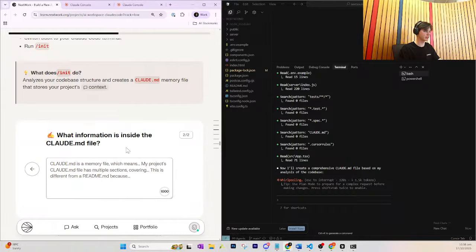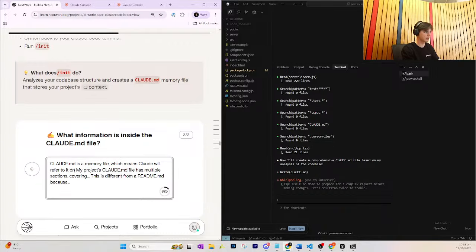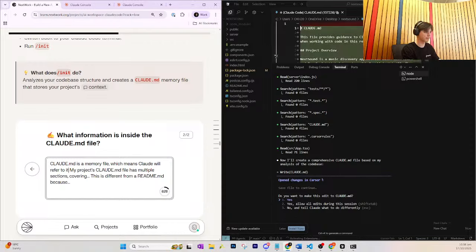Cool. What information is inside the Claude markdown file? So Claude MD is a memory file, which means Claude will refer to it automatically each time. So you can see that Claude's finished with the Claude markdown file to understand the project. My Claude markdown file has multiple sections covering